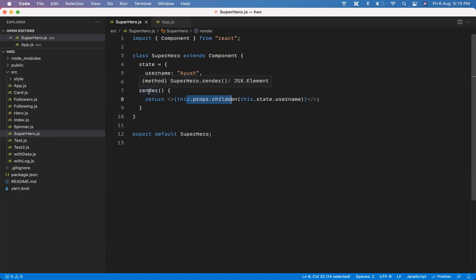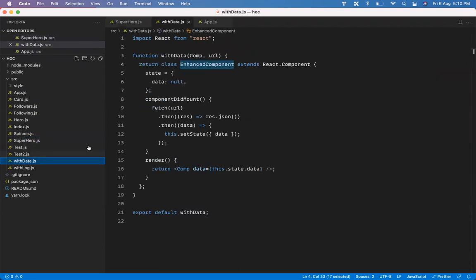Say, for example, what if I want to create the same story that we were doing earlier using this? So you can do that, not a problem. You can just use it in this way. So now what if I want to create this followers and following, but using render props? Is it possible? That is my next question, okay? Is it possible to use render props to do the stuff that I was doing earlier?